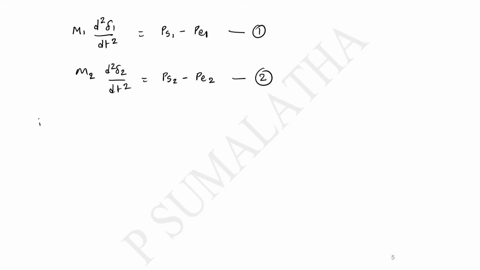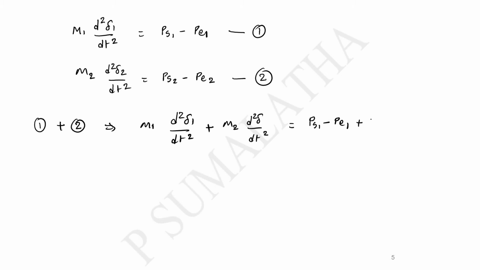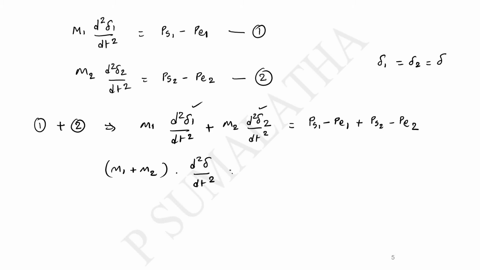Now by adding equation 1 and equation 2, we will have M1 into d square del 1 by dt square plus M2 into d square del 2 by dt square, that is equal to PS1 minus PE1 plus PS2 minus PE2. And we know here del 1 is equal to del 2. So I will say that del 1 is equal to del 2, which is equal to del. So if you consider that, M1 plus M2 into d square del by dt square, which is equal to,